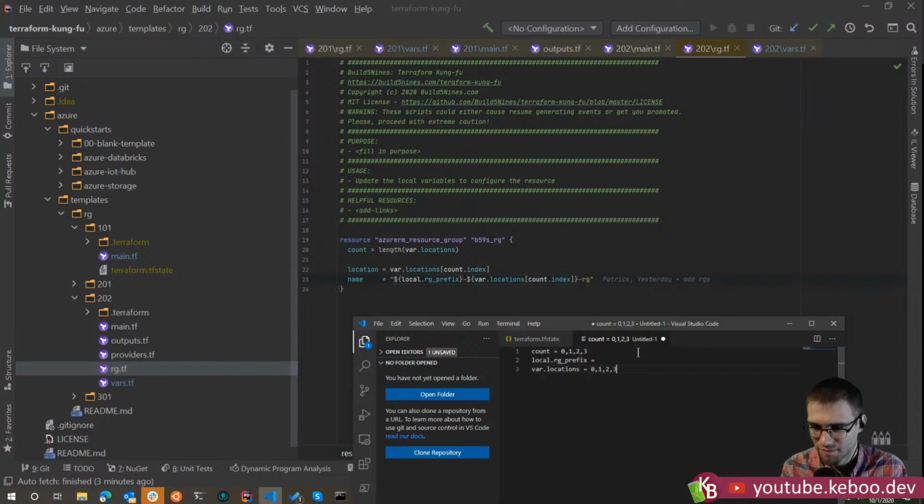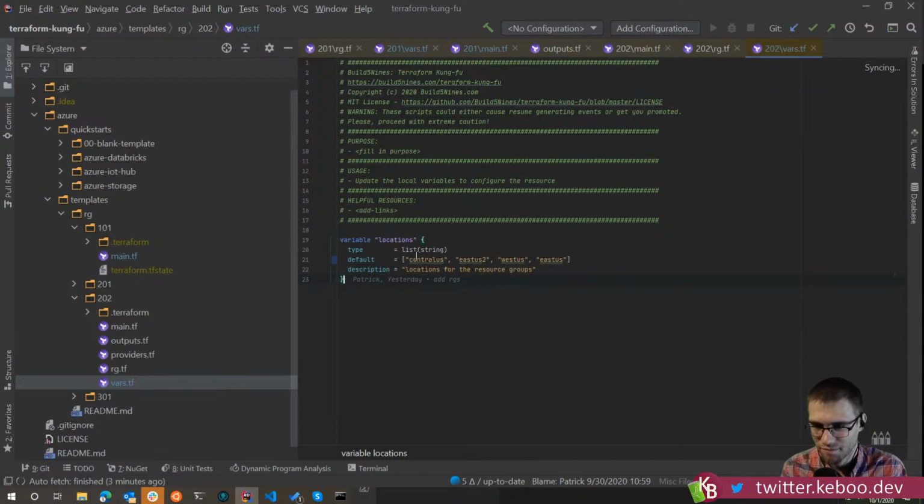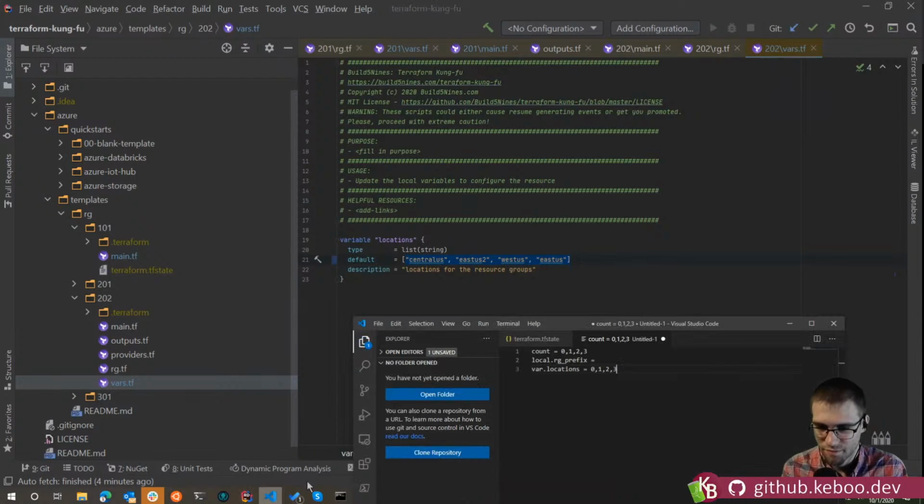So the count there we know is going to come from var.location. If I go and look at var.locations, we've got these 4 things here, right? And what's going to happen is it is actually doing 0, 1, 2, 3. That's what it's going to call them. So it will have each one of those.